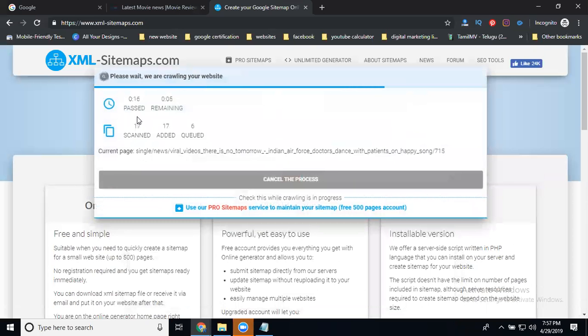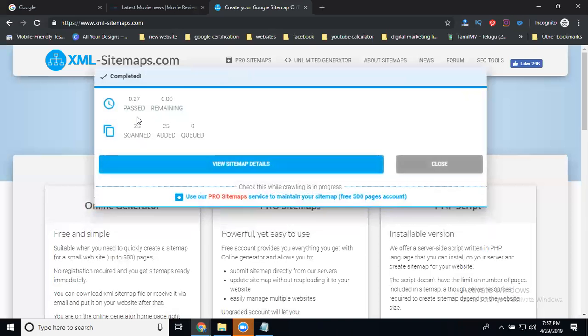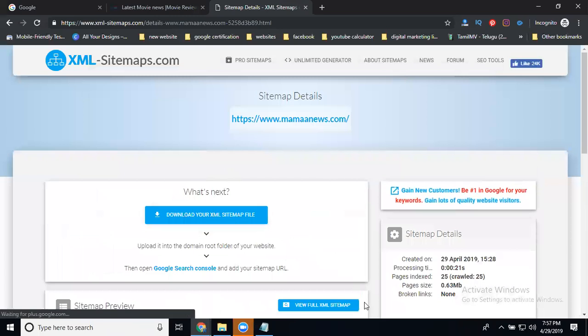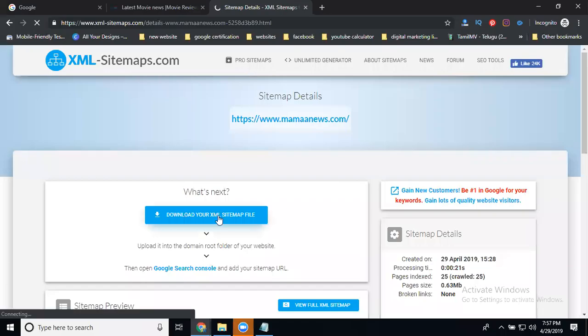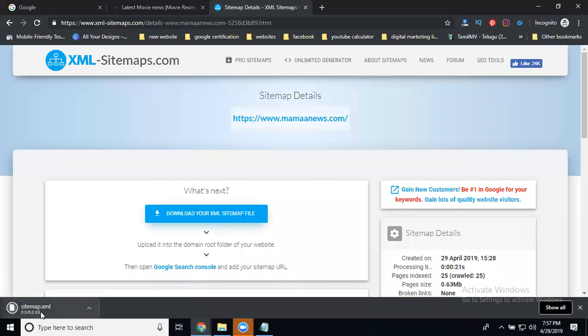Without an XML sitemap, any old files on your website will be indexed automatically. The XML sitemap removes that old index. This page will be refreshed and gives the page count information. Always refresh, select it, and you can download your file. Download. After downloading this file,